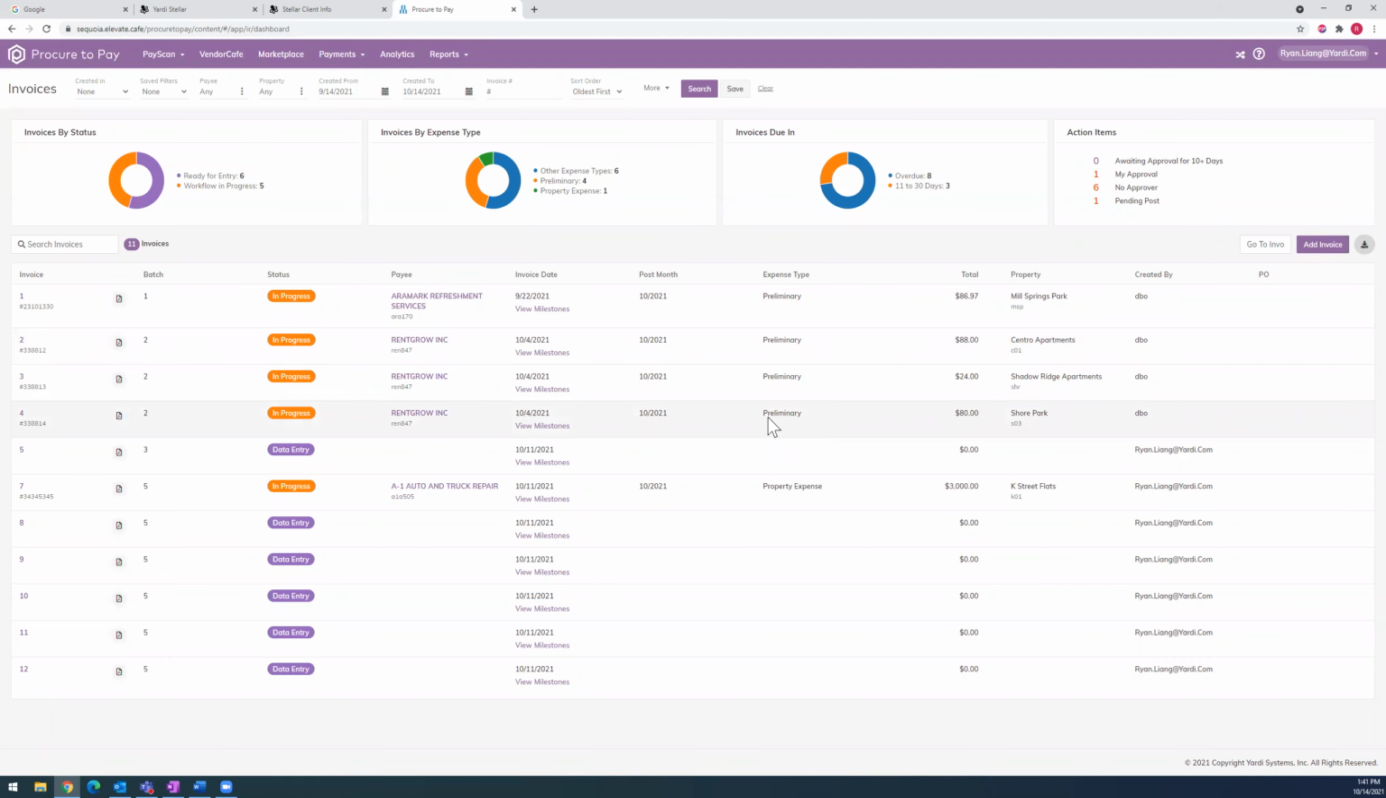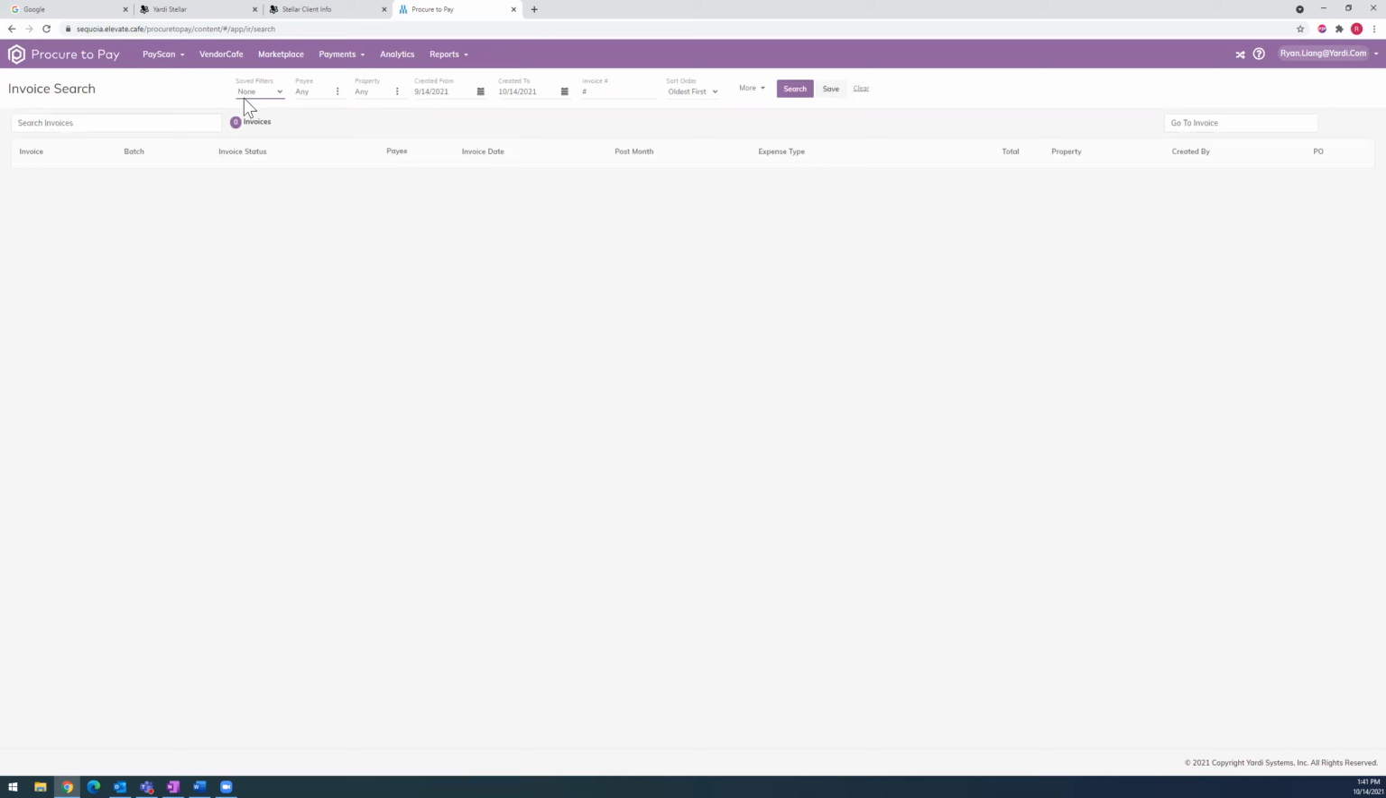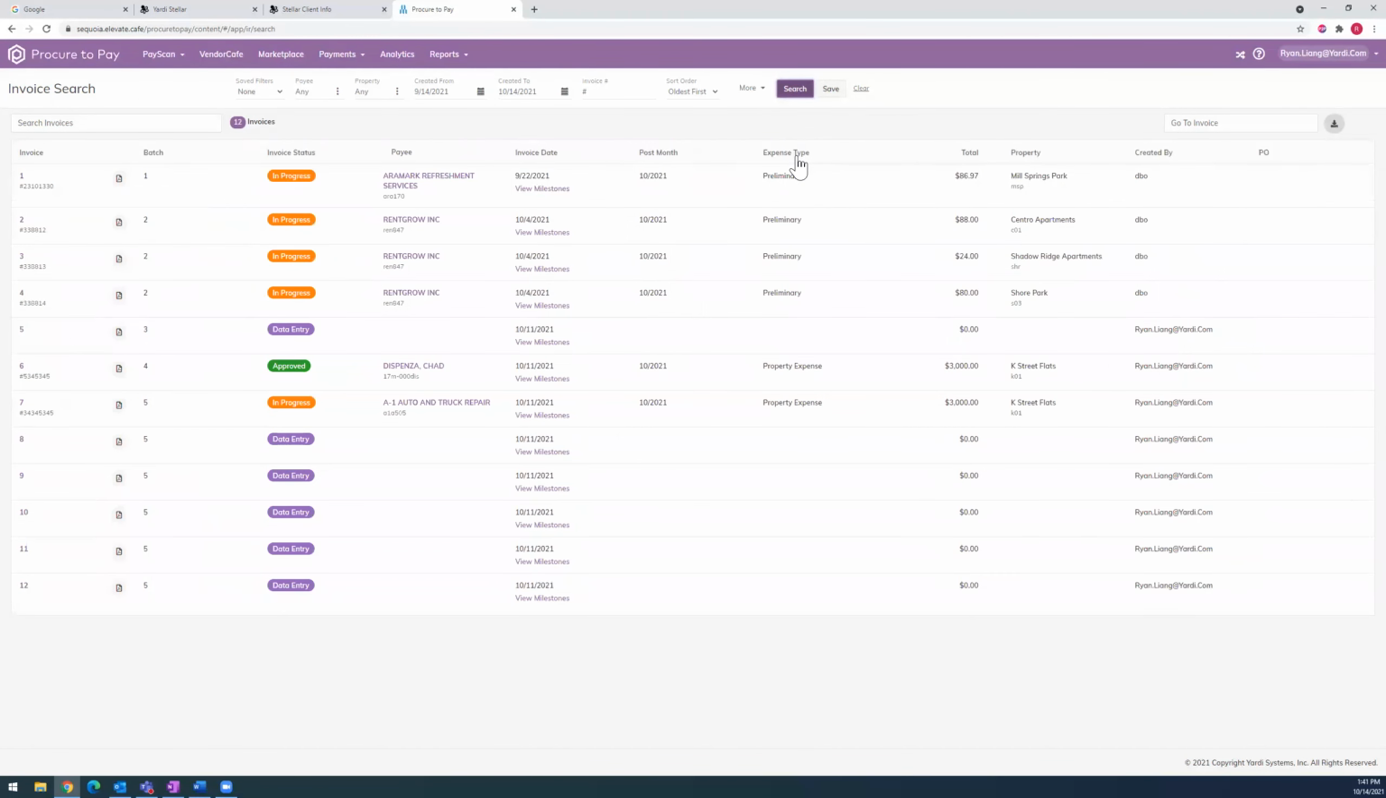Now, at any point in time, if you want to find all of your transactions in the system, not just the open ones, you can do so by clicking the PayScan button at the very top of the screen, selecting Invoice, and then selecting Search IR or Search Invoice Register. From here, you can use the filters at the very top half of the screen. If you need additional filters, you can click more and use these filters to find all the transactions that are within your system, not just your